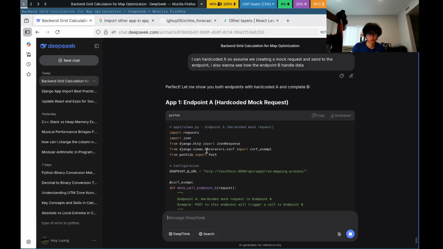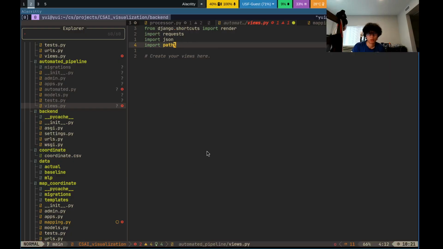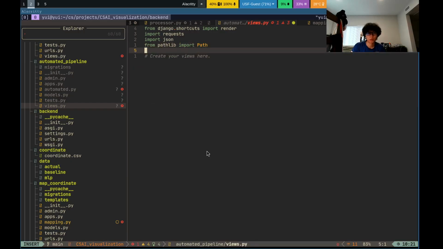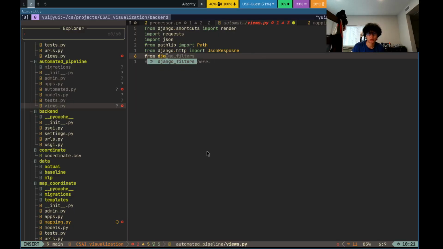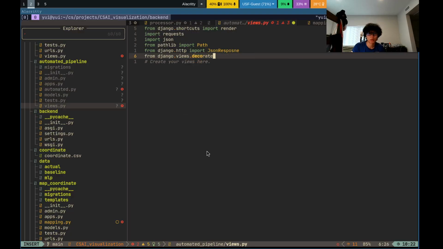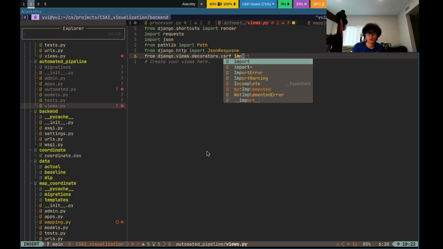We want to import Django HTTP JSON response, whatever that is, and Django dot use dot later that is attribute for